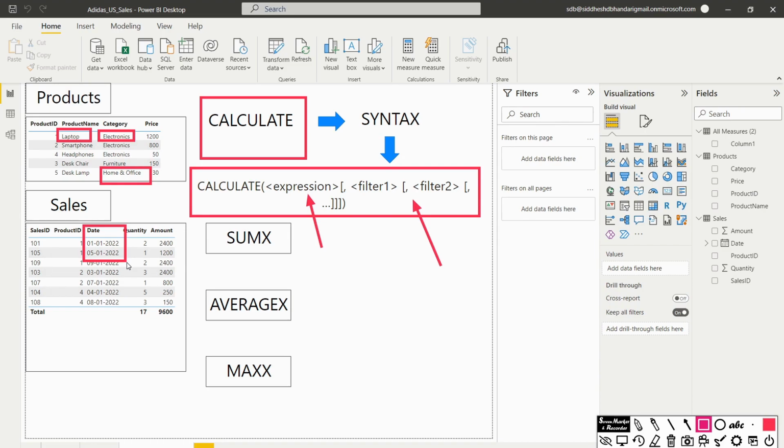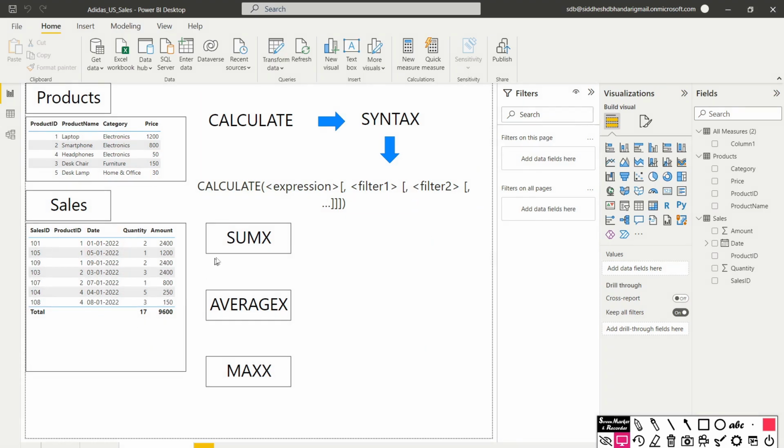So that's essentially the CALCULATE function. It has a long range of functionality, and in this video we are going to consider SUMX, AVERAGEX and MAXX wrapped in a CALCULATE function. So let's begin. So we have the data for products and sales, and we have different products that are being